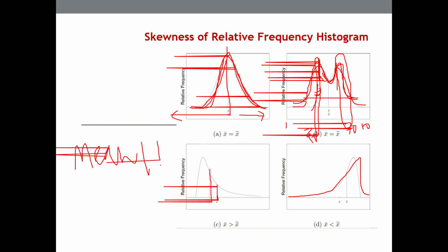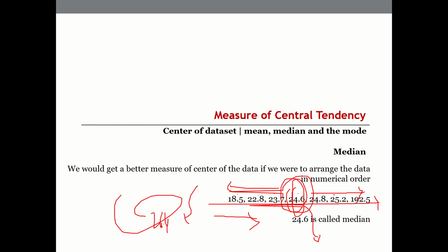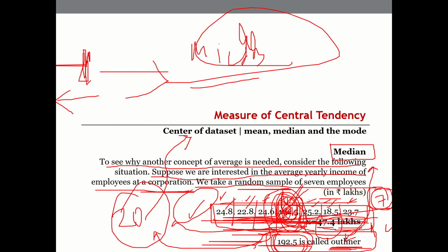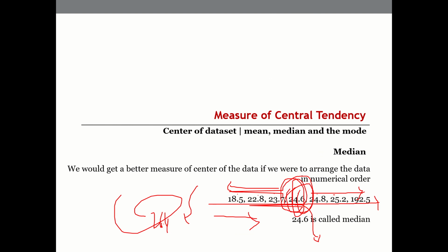Mean or the average and median will give a different picture if you plot this information in a graphical manner, or if both have to be understood in parallel, so that we will be in a position to correctly understand. For example, the average salary is 47 lakhs, but that is not a correct indication of the data set. If you see the middle number, it is only 24.